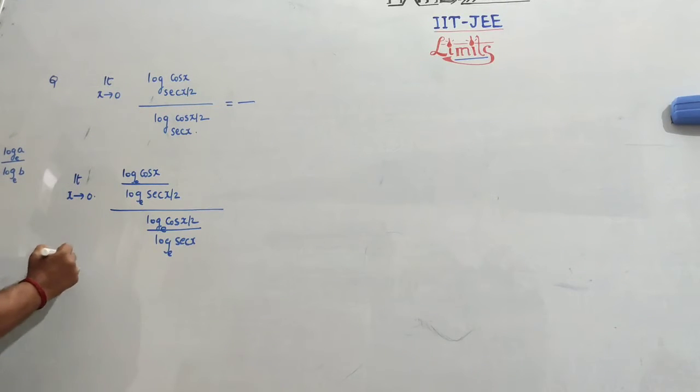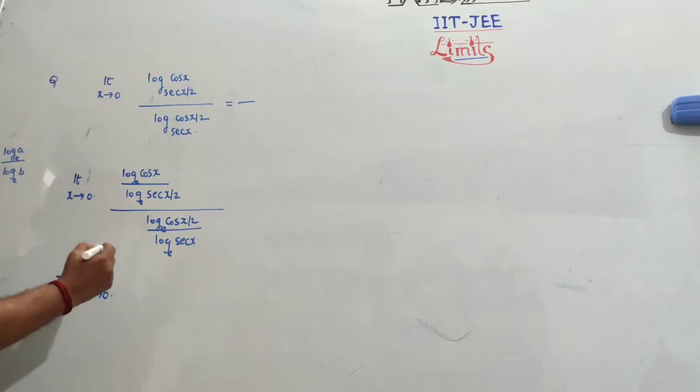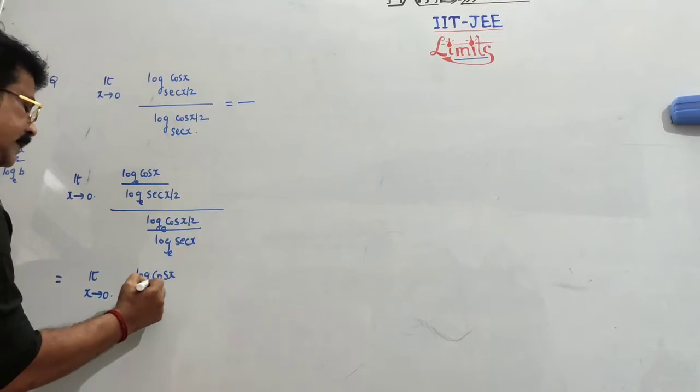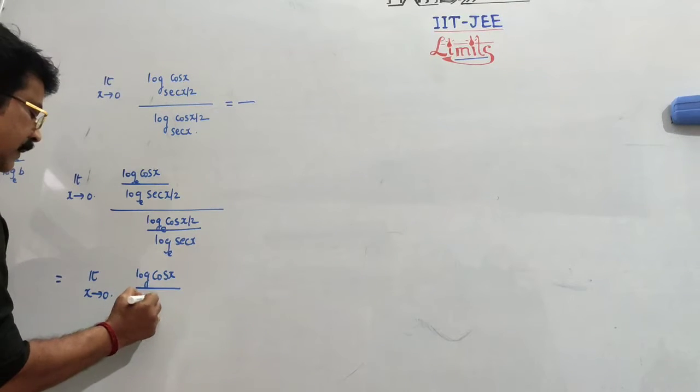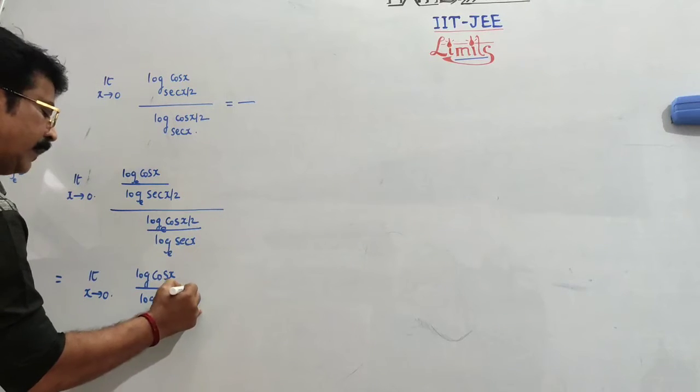So that is equal to limit x tends to 0, this is log of cos x divided by log of secant x by 2 into